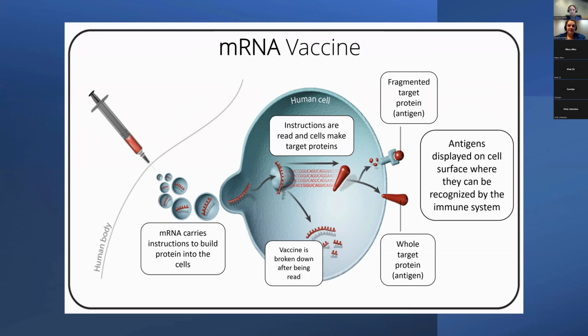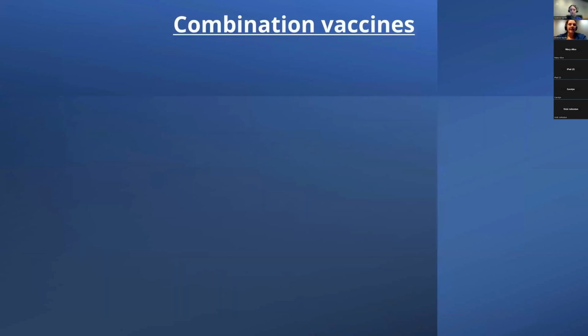But essentially, this is not all of the different types of vaccines. There's a few different types. Sometimes they just use the protein and inject the protein. There's a few different ways that they do it, but these were the three that I wanted to talk about. So the live attenuated, the inactivated, and then the mRNA vaccine were the three I wanted to focus on a little bit more today. If you have any questions about those, or you want any more clarification, you're more than welcome to ask at the end.